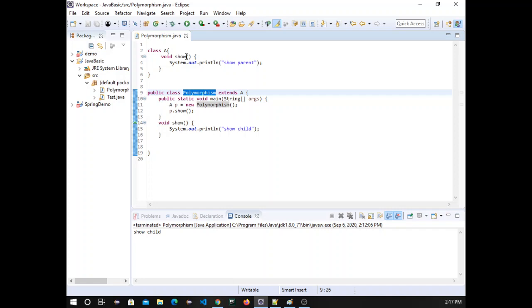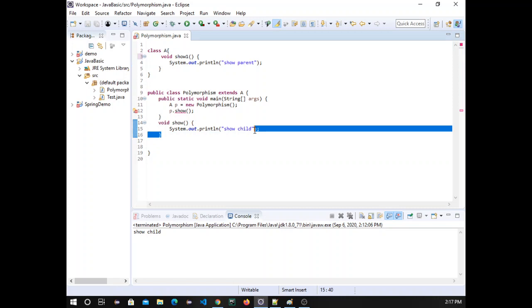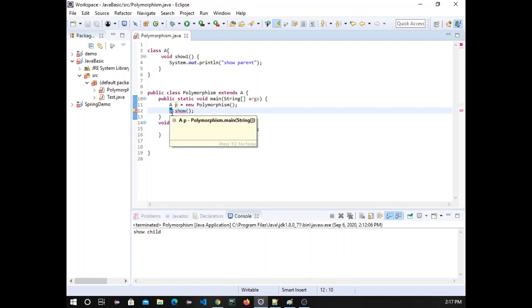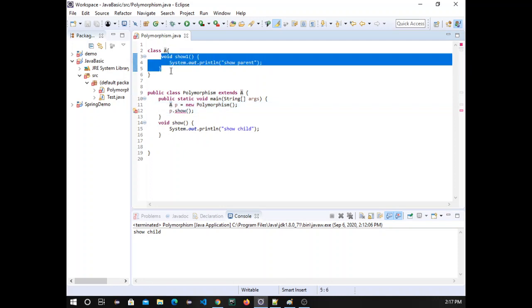That's why if you change the function name here, it will throw an error. The reason is the compiler is saying I need the show function because you are calling p dot show. So p is of type A, so I have to call the show function, and it should be inside class A, but there is no show function. So that's why it's throwing the error that method show is undefined for type A. I need the show function. You don't know at runtime what object you will assign, and the compiler doesn't know that either. You are simply trying to call the show function from a reference of type A, so that function should be there. At runtime it will be changed. So once the function is there,